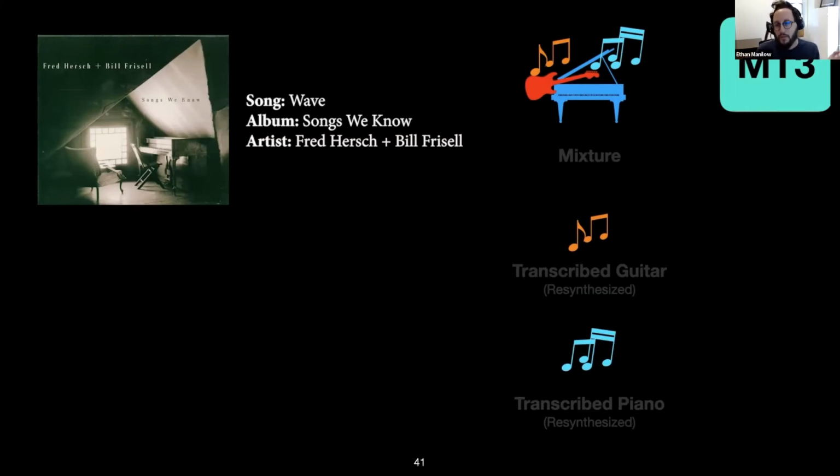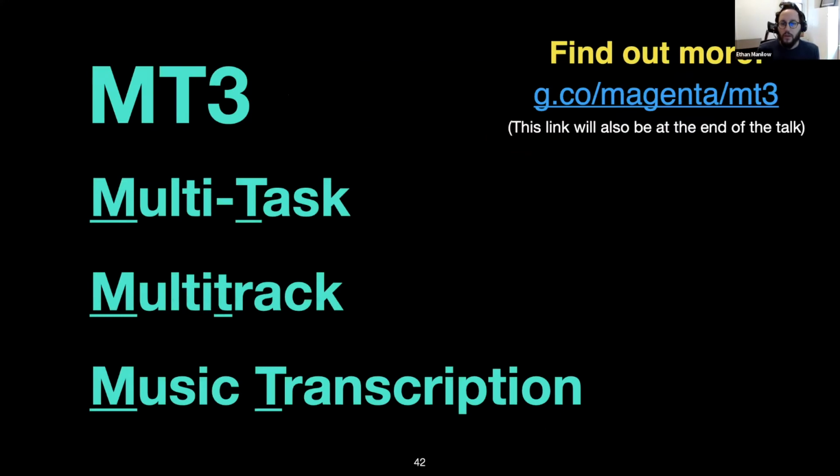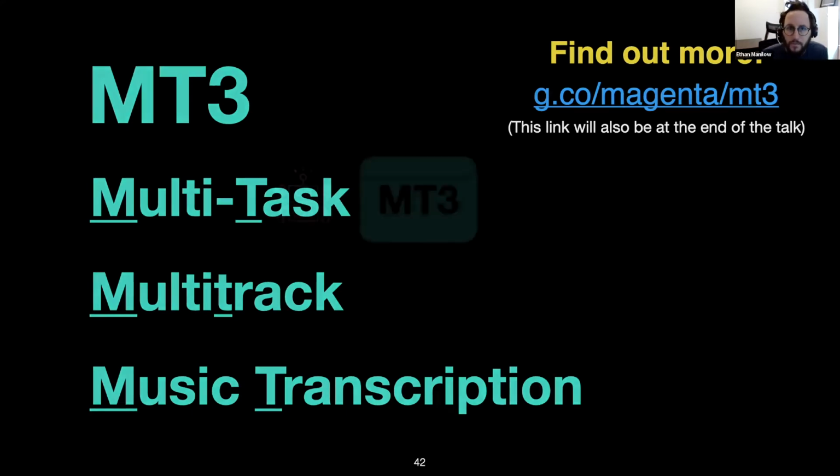So MT3 is flexible enough to support all these different instruments, but it can't keep the instruments straight. So in summary, MT3 uses an encoder-decoder transformer to do automatic music transcription. And not only is the neural network architecture borrowed directly from the generative modeling world, but we're also sampling from a vocabulary that lets us train on many possible data sets. Again, this will be presented at ICLR next month. So if you want to hear more, be sure to check out Josh's presentation.